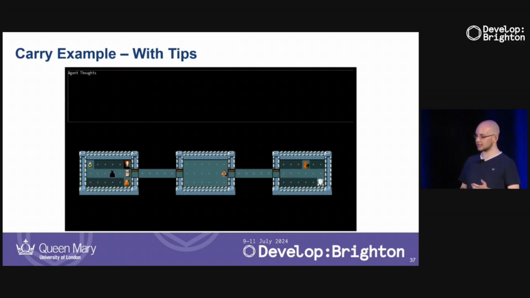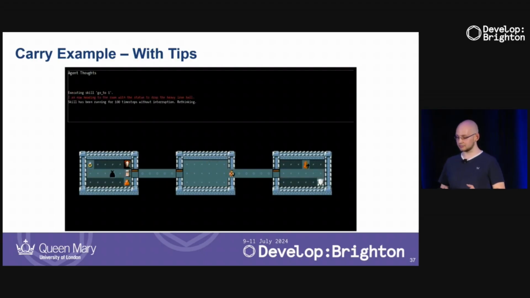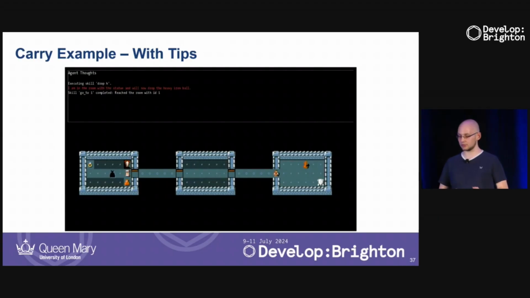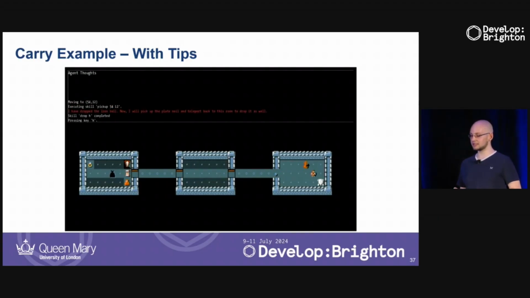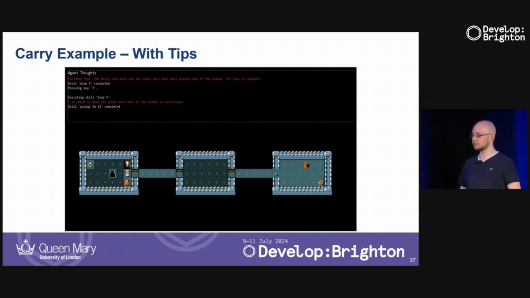But again, this is kind of a balance between skills and high-level planning for LLMs. But of course, once the skill actually times out, the LLM then decides to go to the final room and actually drop the final item that it wants to drop there. And then it does some more random things because it doesn't tell me yet it's done. It's just going through the plate mail again, picks it up and drops it again, probably because it forgot that it actually did that before. And now it told me it's done. So it works much better than if I don't give it tips.